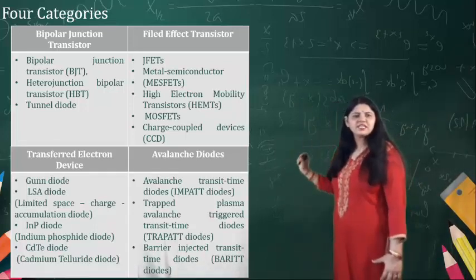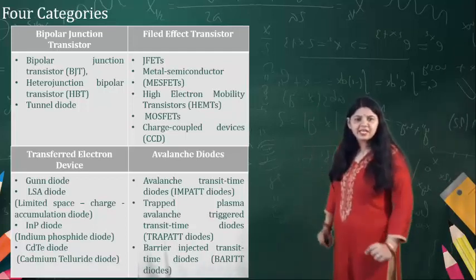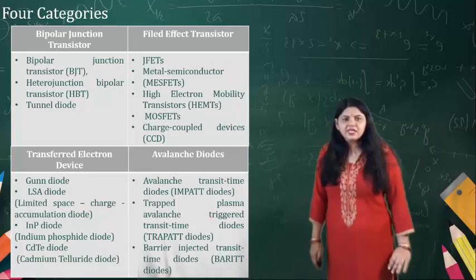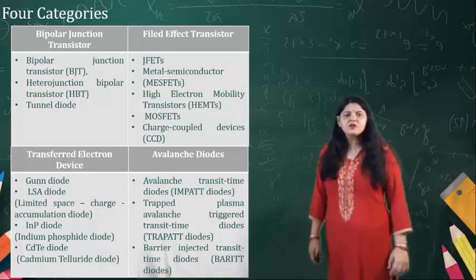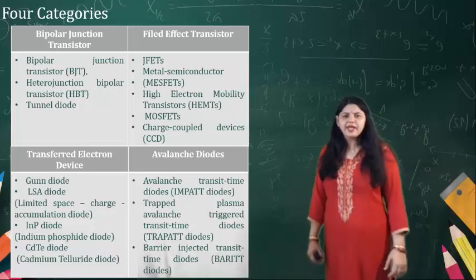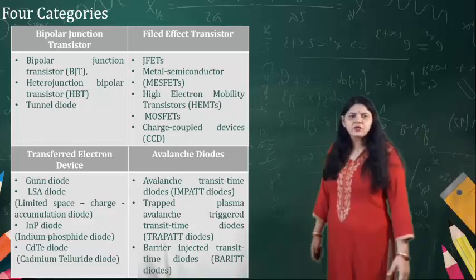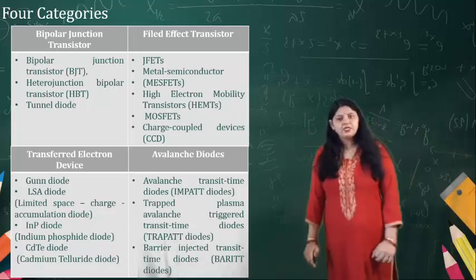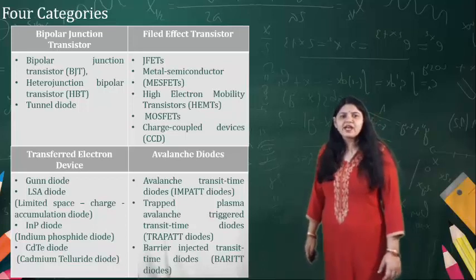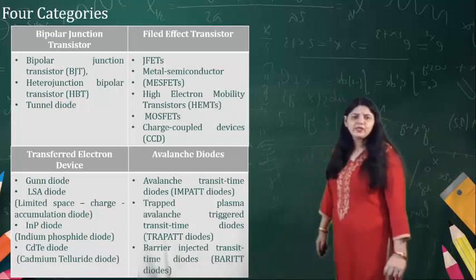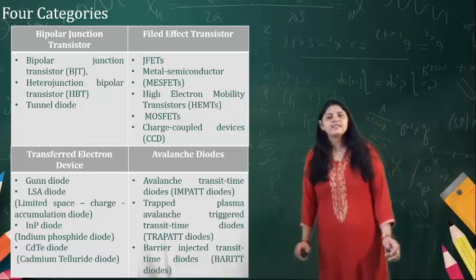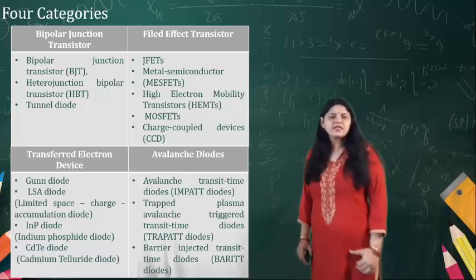In the bipolar junction transistor, there can be the homojunction transistor, which is made up of only one material, and then the heterojunction bipolar transistor, which is made using two different materials. The tunnel diode works using the tunneling effect. The field effect transistor uses the JFET, MESFET, high electron mobility transistors, then the charge coupled devices. Transport electron devices are the Gunn diode, that is, LSA